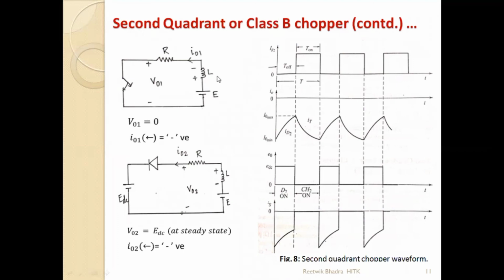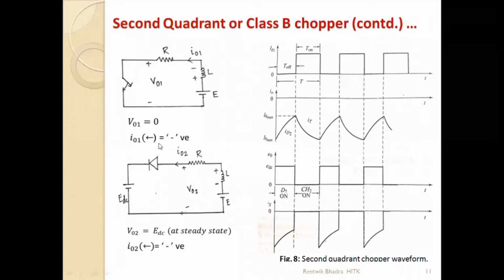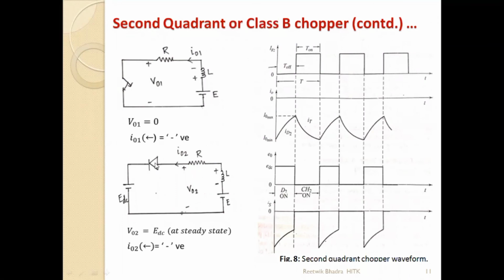And during this cycle, what is this cycle actually? This is my on period. So during the on period, what should be my IS? 0. Look over here, IS is 0. During my off period, this is nothing but the load current. This is a series circuit. So whatever current I0 I have drawn, I can draw for the source also. So during this time the source current is I0, like this. Then it becomes 0, then again like this, and goes on.